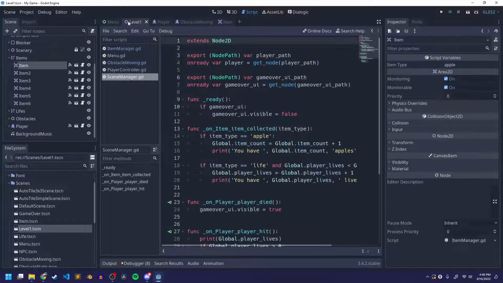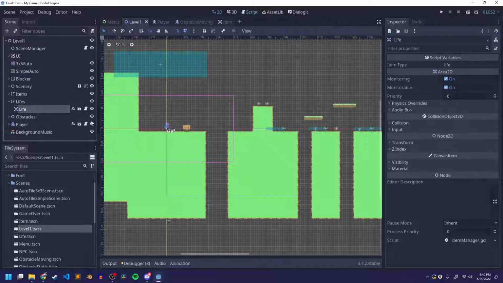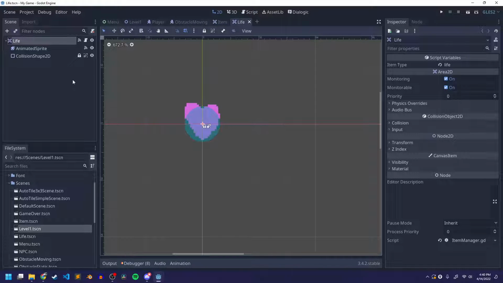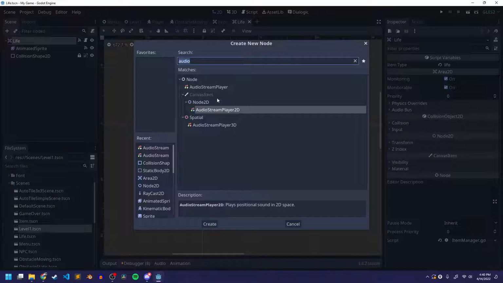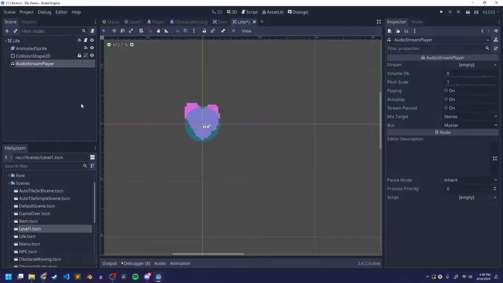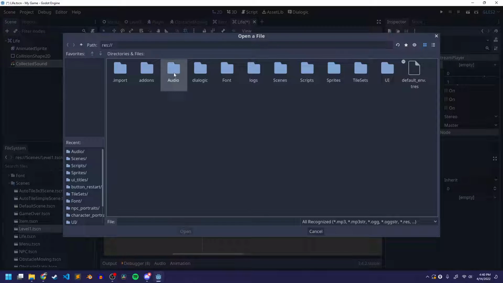So I'll go back to level 1, close up my items, go to my lifes, and open this one. So again, really repetitive. I'm just kind of doing the same thing over and over again, but it's basically the same process. So I'm going to add a child node, add my audio stream player, call this collected sound, and go to the stream, go to empty, click load, go to audio,